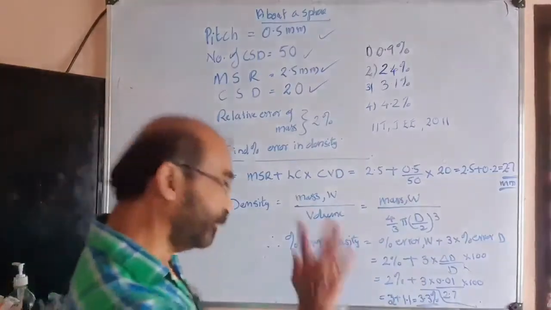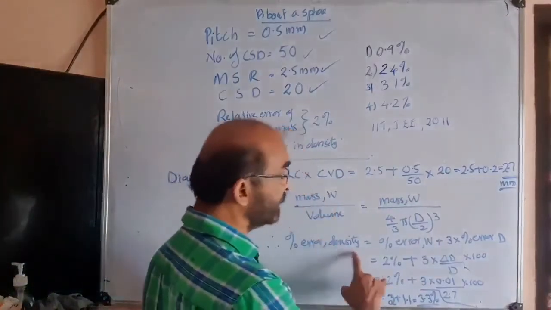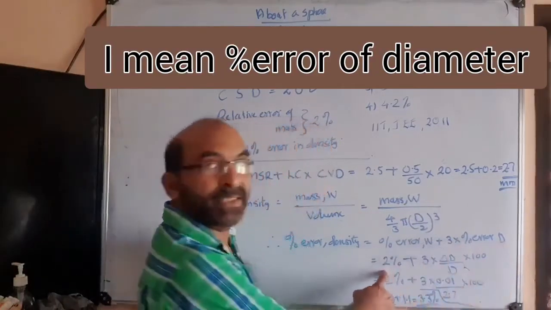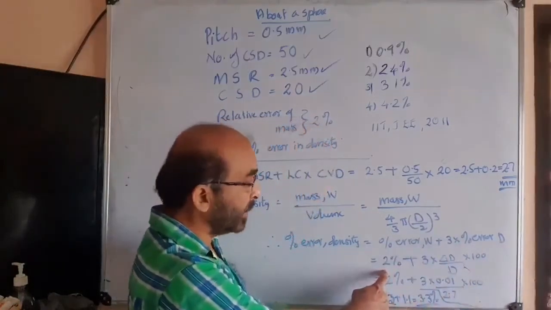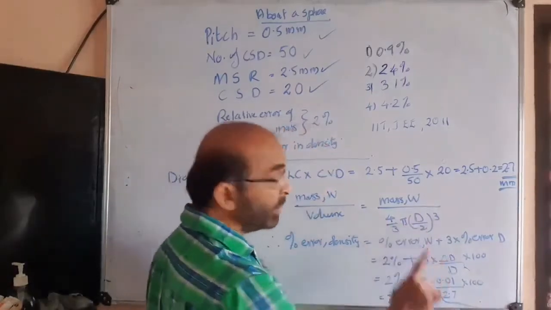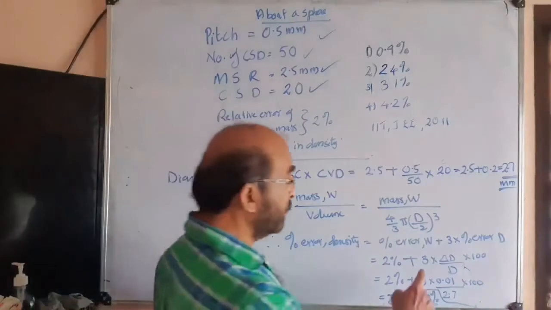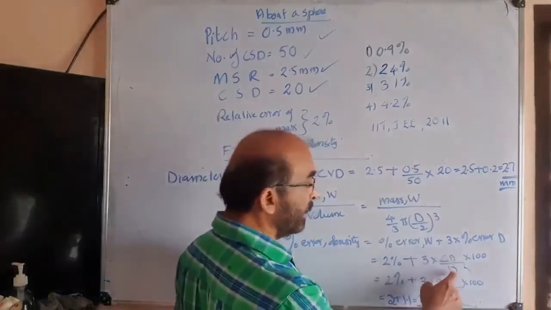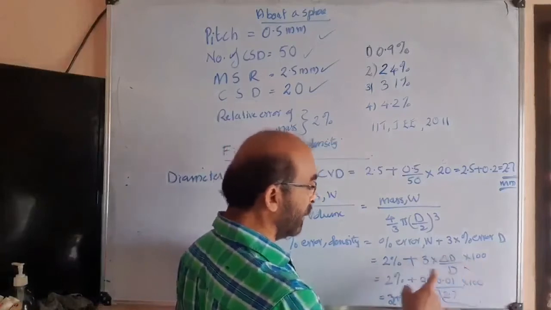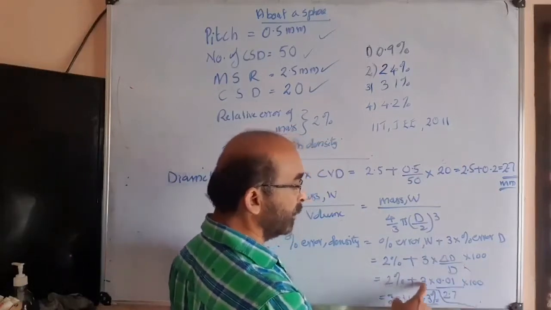Okay. So percentage error in density is equal to percentage error in mass plus 3 into percentage error in diameter. Diameter error is direct. Then mass error is directly given as 2%. Now diameter error has to be calculated. 3 into delta d by d is the relative error. To make that percent, you have to multiply with 100. Again, 2% plus 3 into